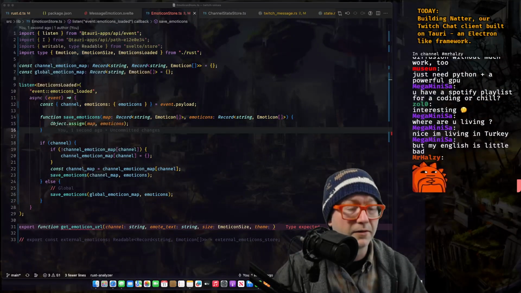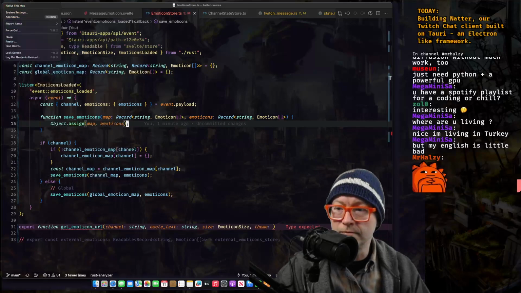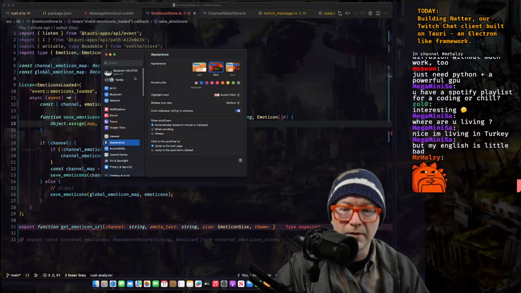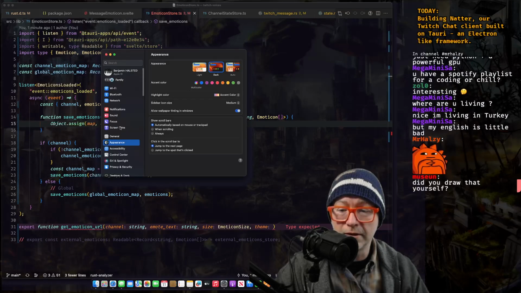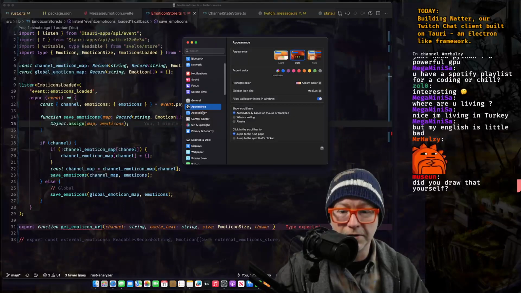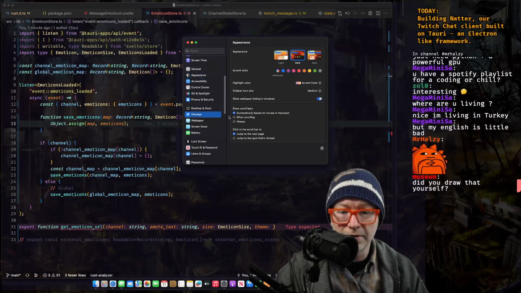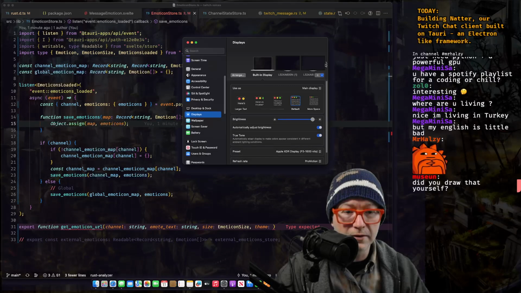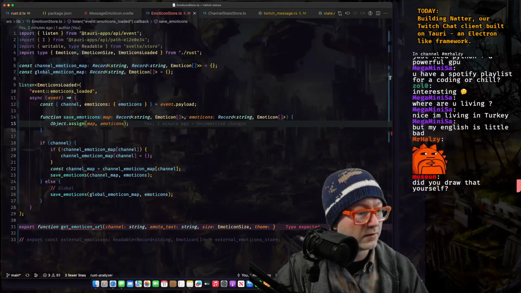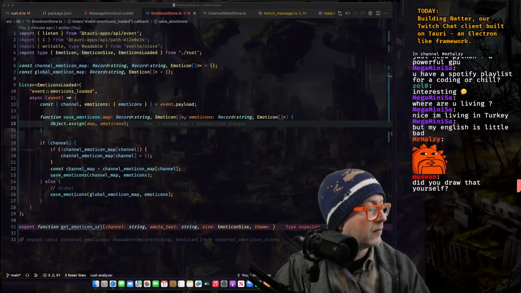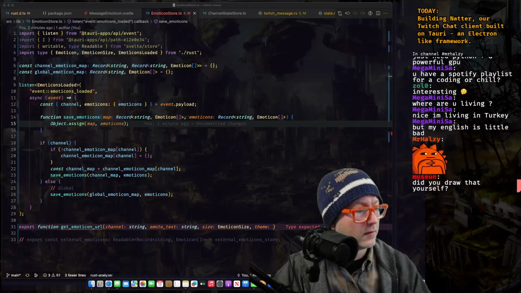I can't go to the other screen. Just a moment, please. Appearance, screens. I'm not a fan of the new UI here. Displays. Yeah, it's over there, but it can't. Oh, no, it's not. It's that one. Okay, yes. Ah, now I can reach it. We do that. App details.